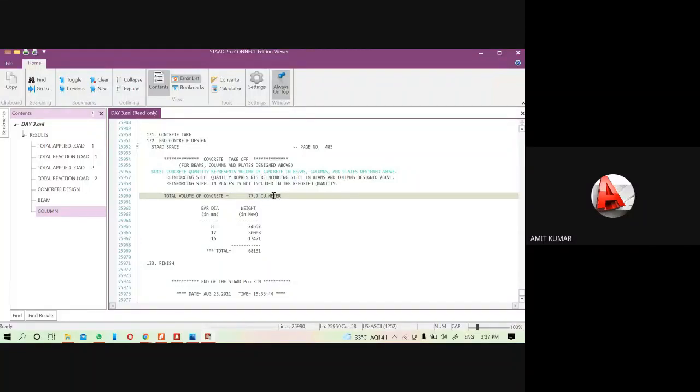According to this, you can calculate through the manual method the total number of bags of cement and concrete grade also. This will help you to calculate the cost of the concrete and steel also. So that is the procedure.